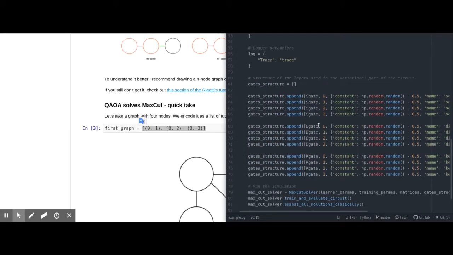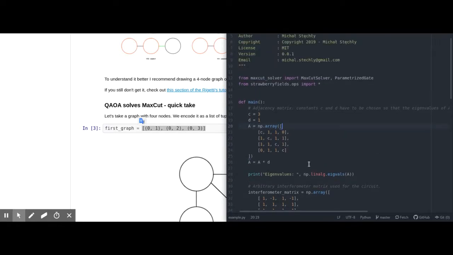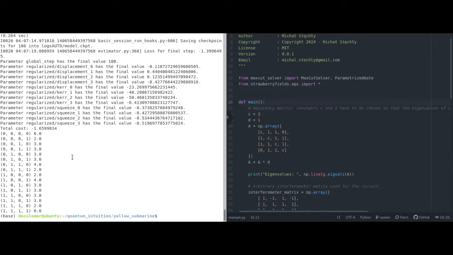Gate structure. Yeah, but I don't know what the graph is that we're trying to solve here. Is it A? Is it this? Doesn't make sense either. That's the adjacency matrix. I'll have to figure it out. I've got the solver. Okay, anyway, it kind of runs, but I wanted to check whether that will work for